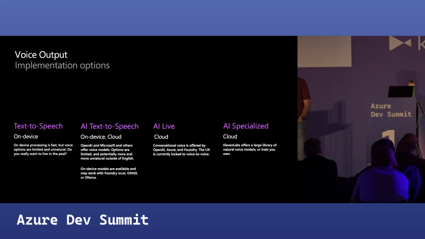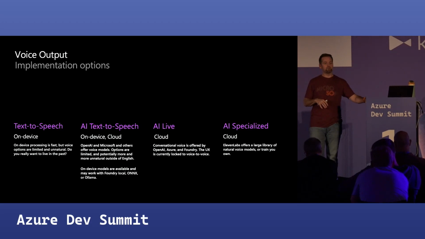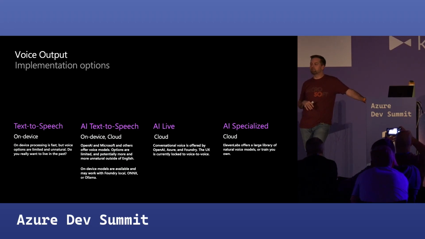11 Labs is probably the one that most people have heard of. It's the one that I'm using. It has a ginormous catalog of voice models from which to choose, and they can be very, very natural. In fact, if you want to create your own voice model, if you love your voice so much that you can't get enough of it, or here's what I would do. I would want to torment my coworkers. I would create a voice model of my voice, and then I would somehow force it onto their phones and make them hear me as like a wake-up alarm. That's my $1 million idea right there. It's coming. It's coming.